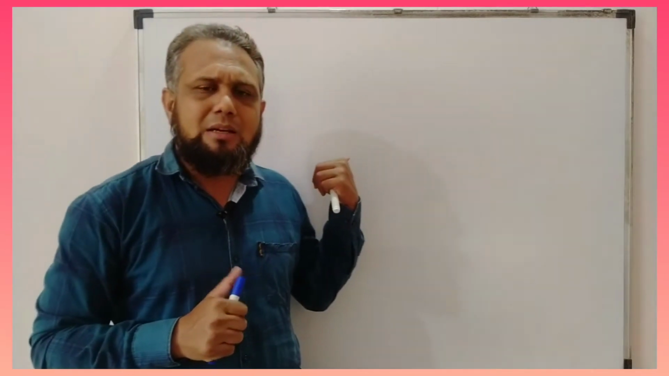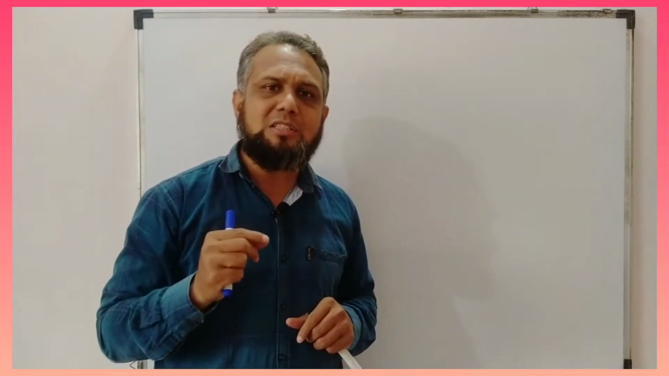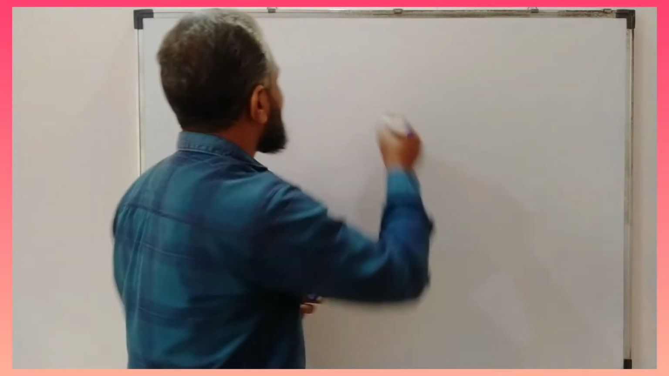But I forgot to tell you that in some sentences there are two objects. In some assertive sentences there are two objects. So how can we change the voice of a sentence which has two objects? So today's video will be on